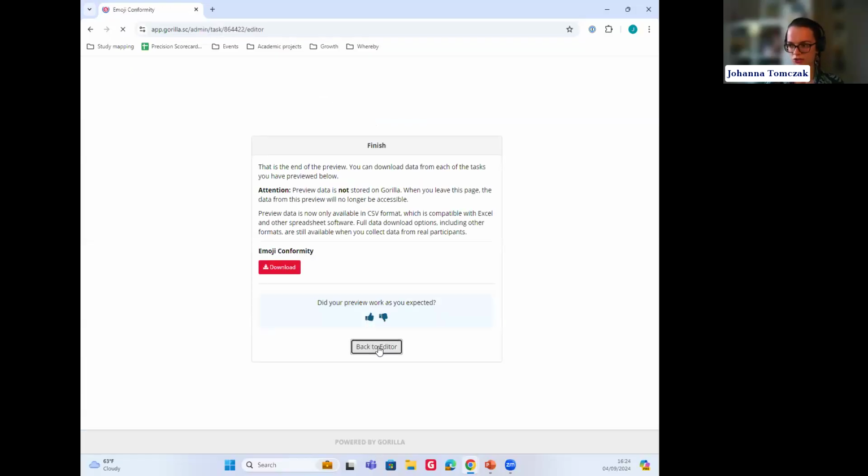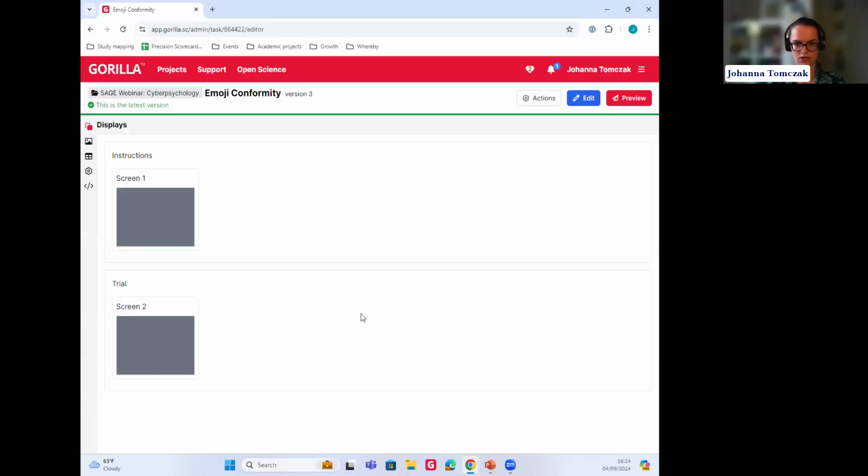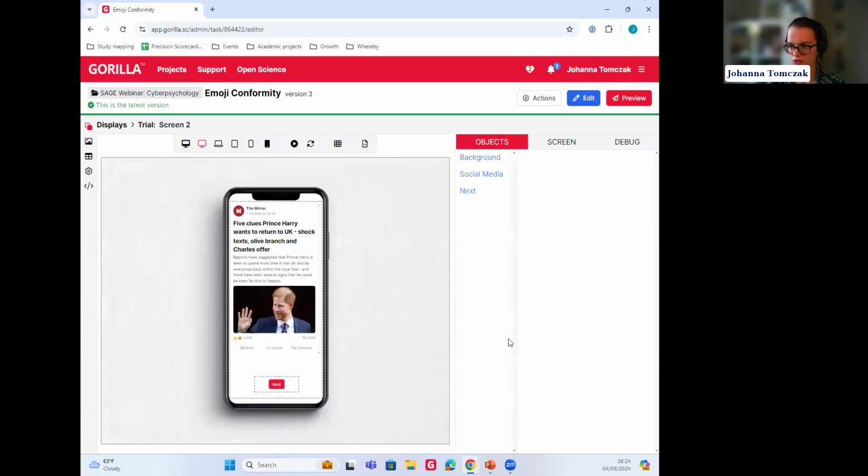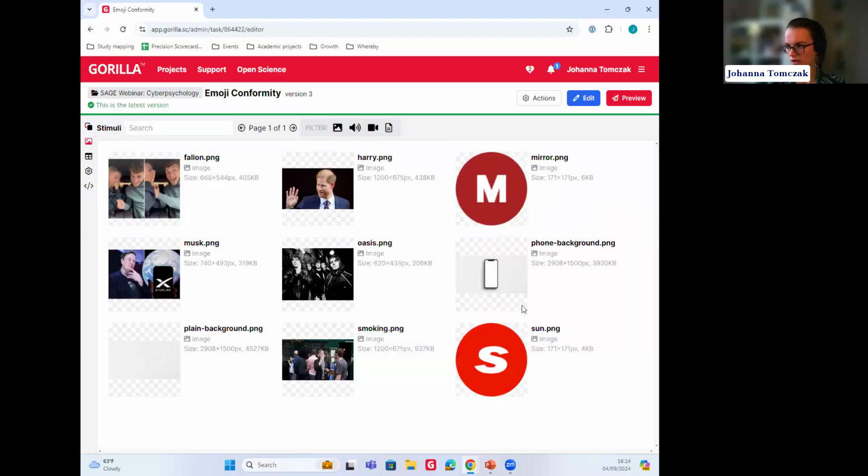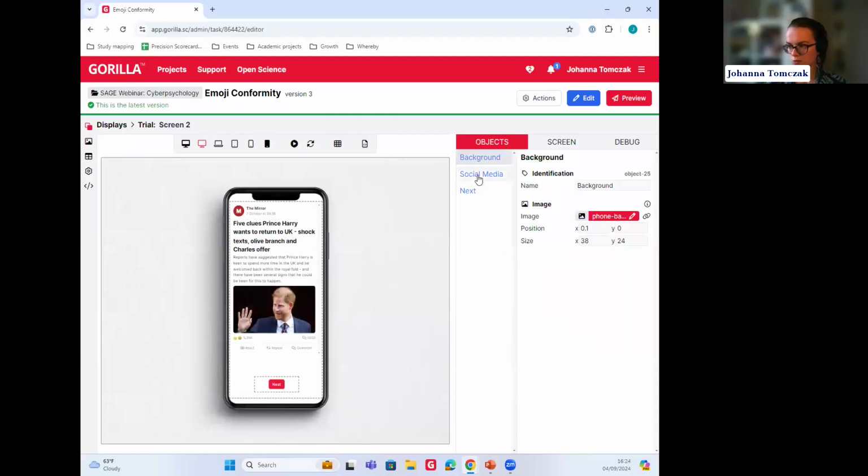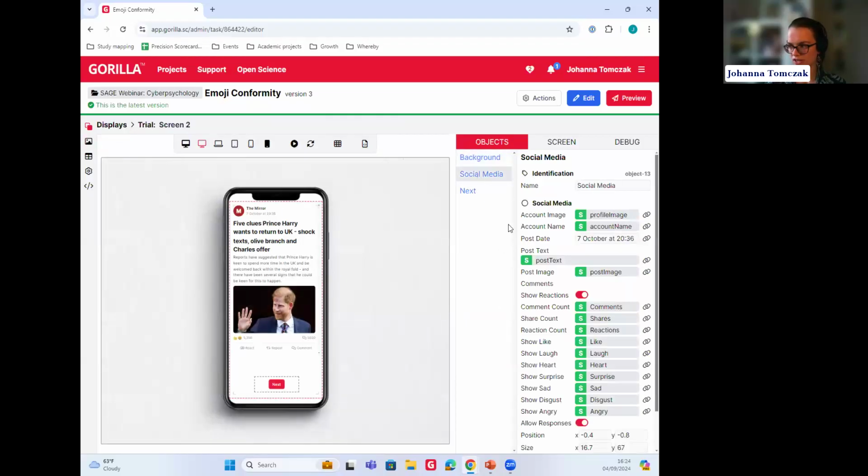Let's go back to the editor and have a look at how this works behind the scenes. On the trial, you can see we've got the background, which is literally everything except what is inside the phone at the moment. If we go to our stimuli tab, you can see this is the phone image. This is what the background looks like. And then what we have here is the social media zone, and you can see a lot of green happening here. This means we are linking again to our